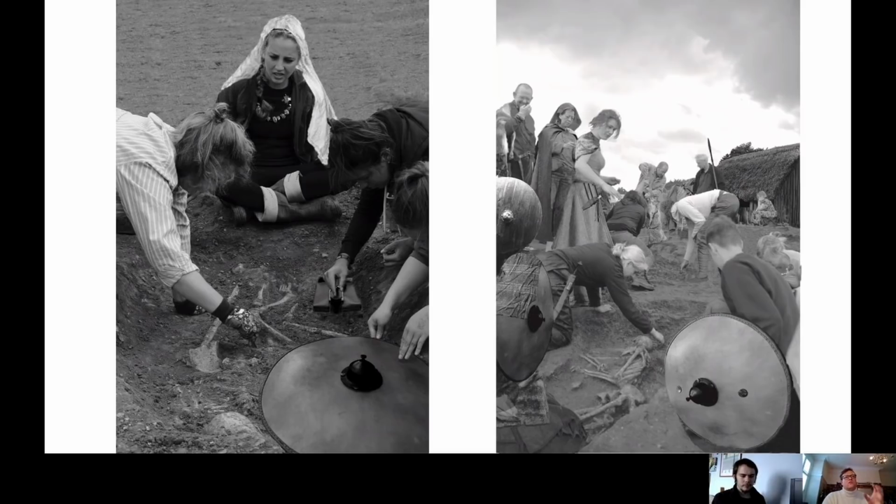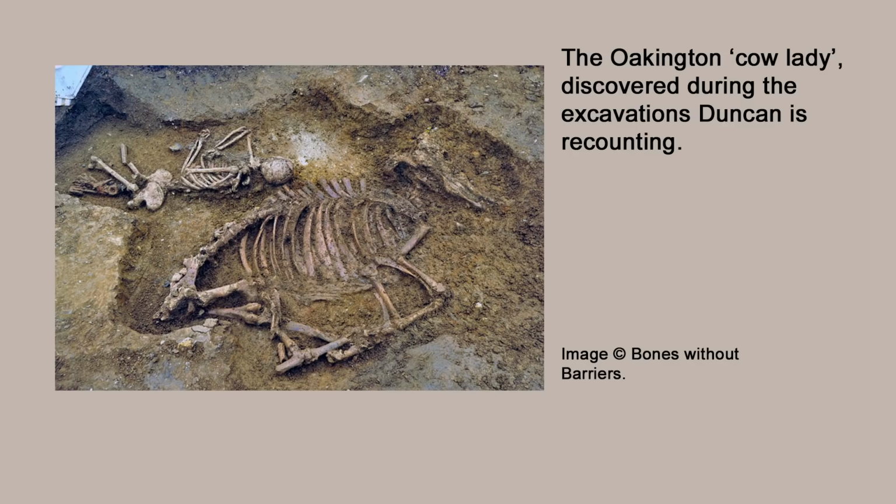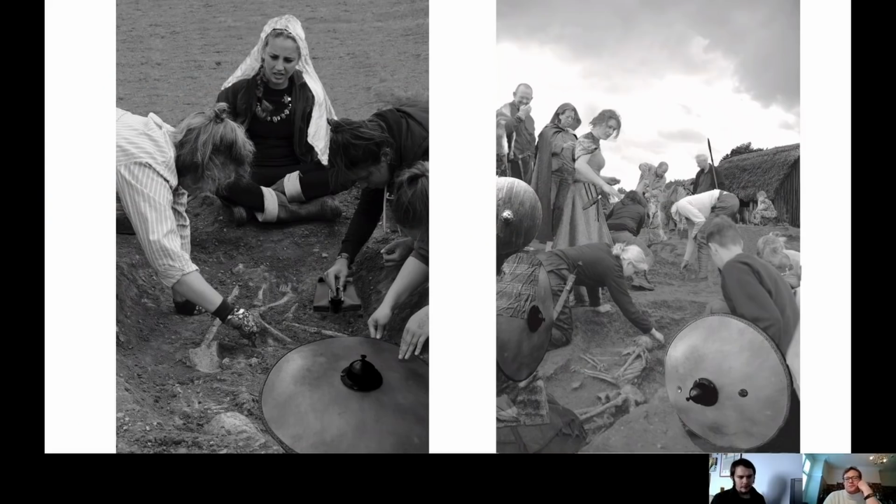So in this case, what we've got on the right-hand side is a much more elaborate scene. We've got multiple partners in a mortuary ritual. Again, it's an excavation. This is actually the cow lady with the cow yet to be revealed, because I think it was the point where we just see the spine starting to appear the other side of the skull. And in this one, what I wanted to do was highlight that multiple different roles phenomenon. So again, in the foreground, we've got a small group of archaeologists, students, who are physically interacting with the grave and its objects and its participants.